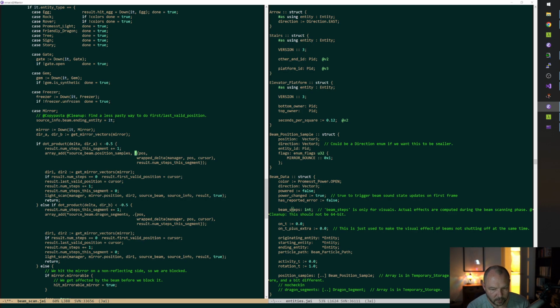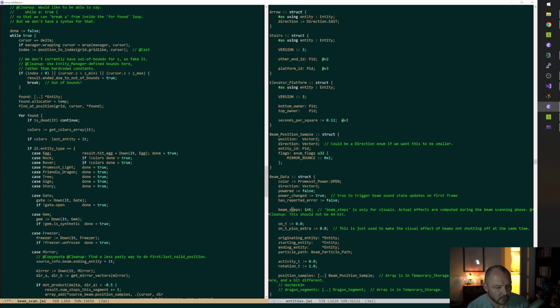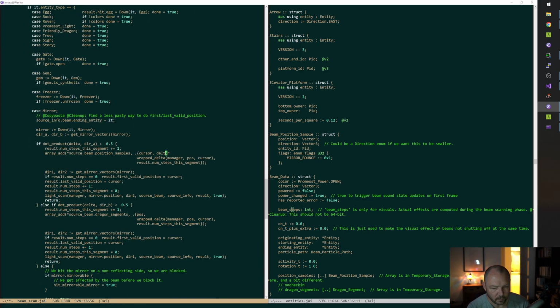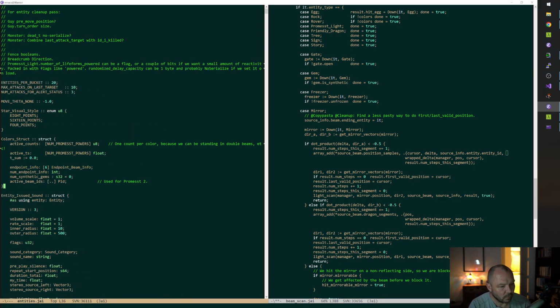And we're going to put cursor dir, is it called dir? Delta, the entity ID, which is source info.entity.entity ID, and then what was the other thing?